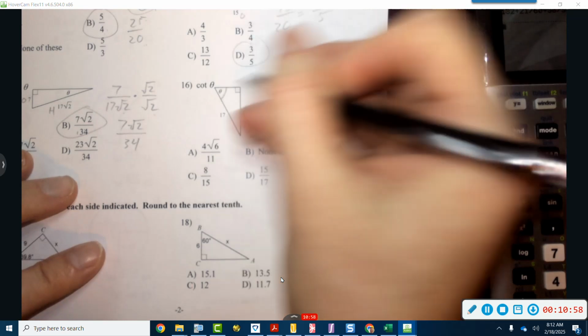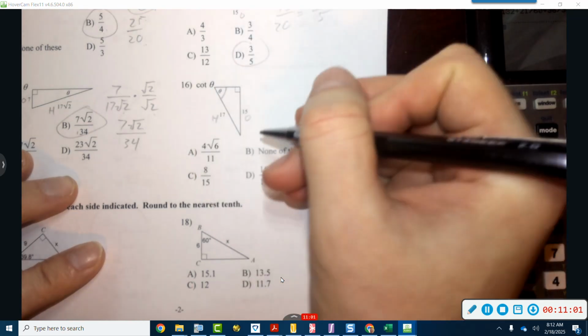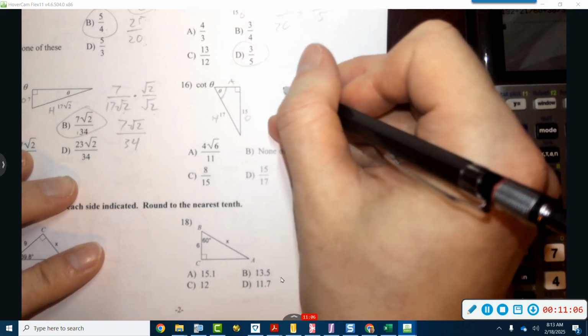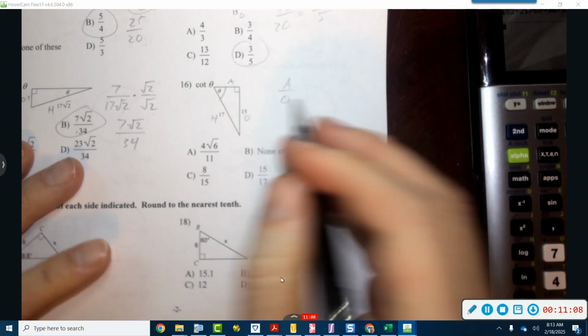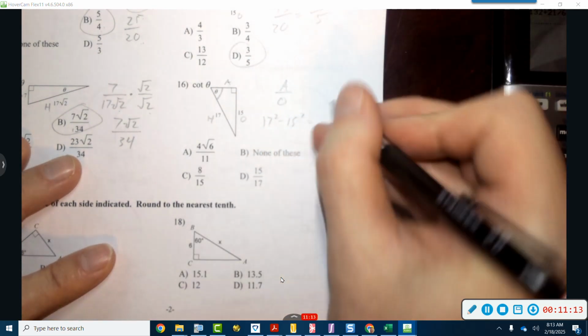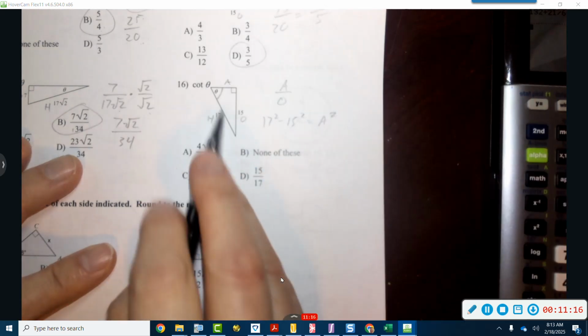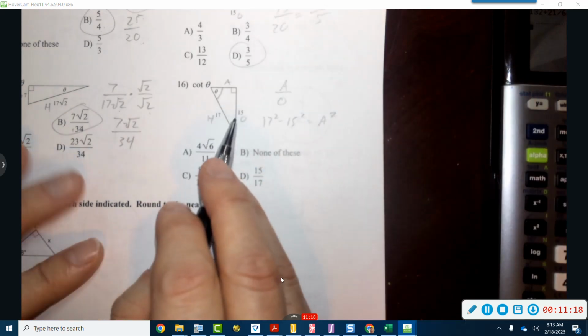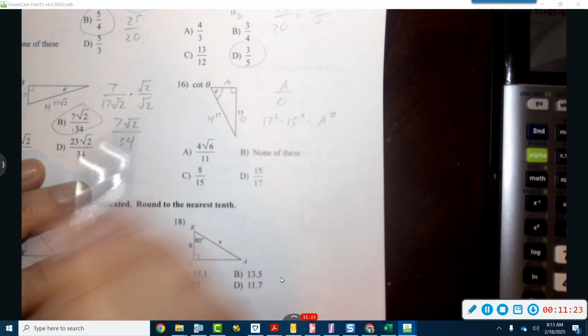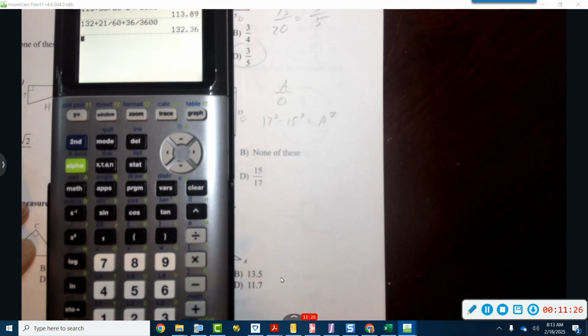Okay. All right, cotangent here. Let's see. We've got O, and that's the H, and we need the A for cotangent because cotangent is A over O. Because that's the case, I'm going to have to figure out using the Pythagorean theorem, the hypotenuse minus the side, both squared, equals the adjacent squared. I need the adjacent. So what I'm going to do is figure out what 17 squared is, and then subtract 15 squared,